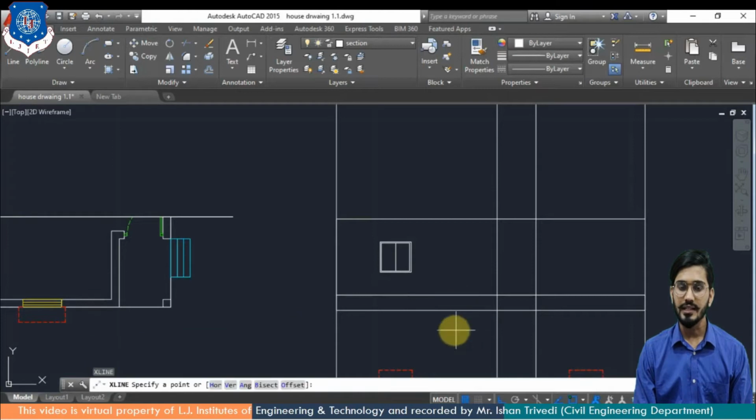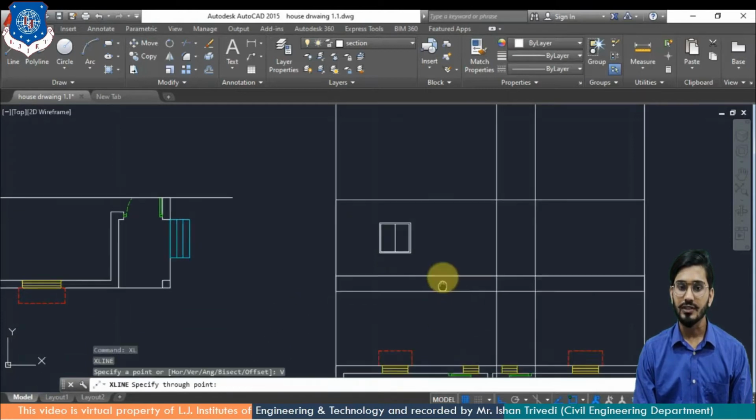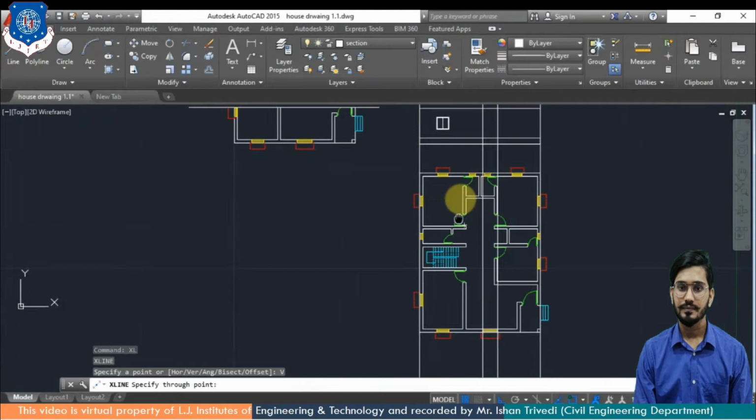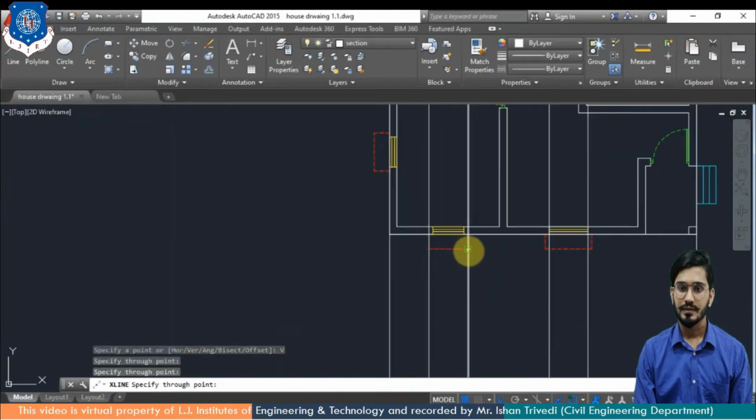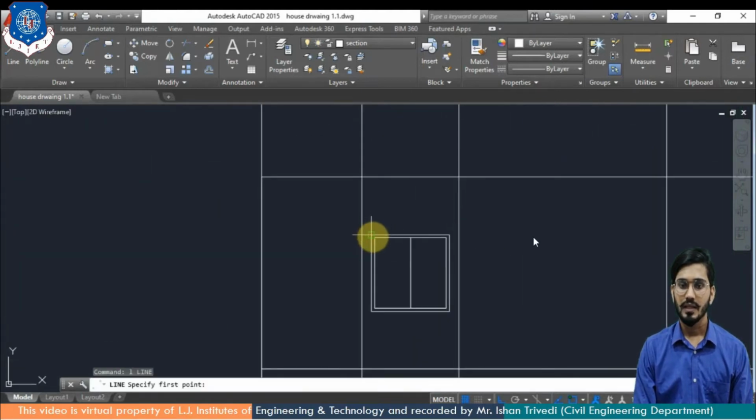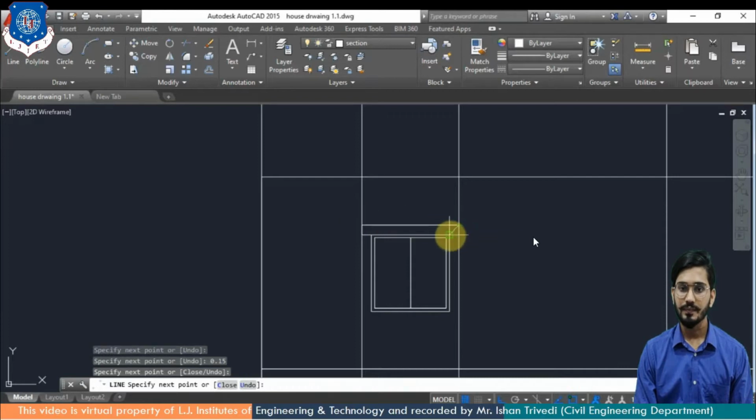Now again XLINE for the reference of the chhajja opening. Here you can use the rectangle command as well. It is up to you. But right now I am specifying the points and finishing the chhajja opening.